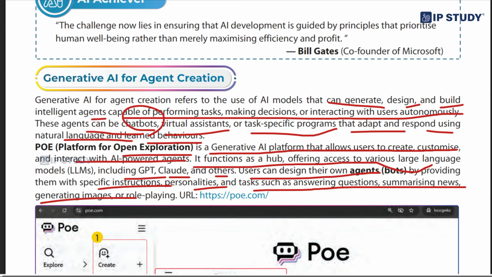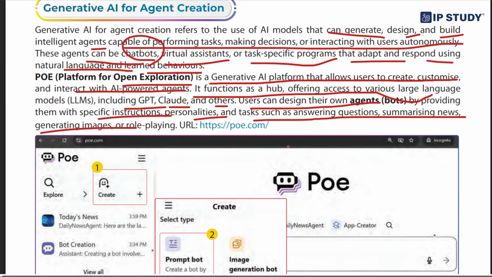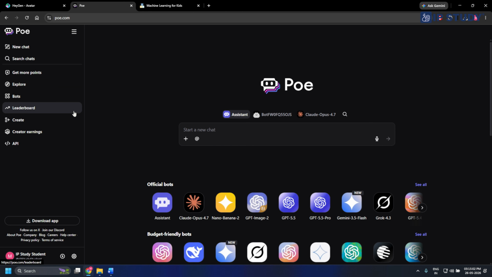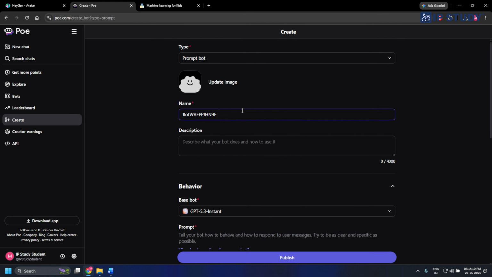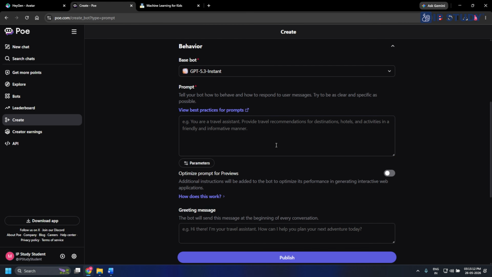So, these agents help us by performing tasks such as answering questions, summarizing news, and generating images. So, let's have a look at this AI tool. So, from here, click on create and select. I'm going to create a prompt bot, and here I'm selecting it, and a default name has already been provided,